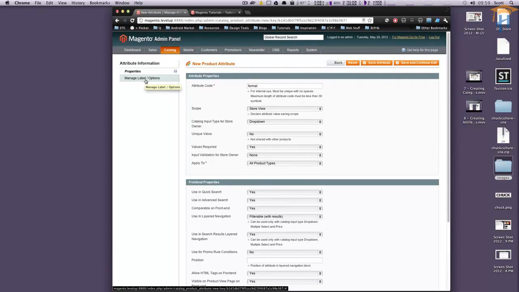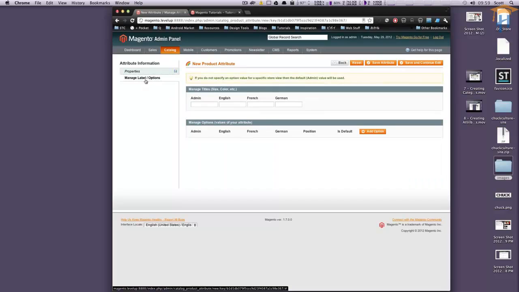Next here is manage label options. If you'll notice when you click over here, there's still this little disk that pops up right here, and this just means that you have changed things in here and they need to be saved. So now these are our options. Since this is a drop-down list, we're going to add an option, and for all of them, we're going to say,